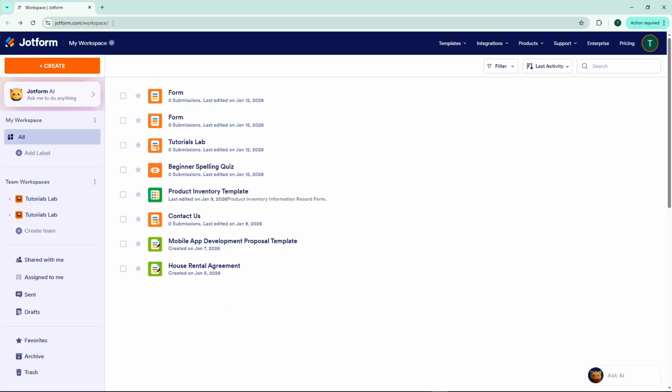First, open your web browser and navigate to jotform.com. Once you're on the homepage, go ahead and log in using your credentials. Make sure you have your username and password ready, as you'll need to be signed in to access the Tables feature. After logging in, look to the upper left corner of the page where you'll see an option labeled My